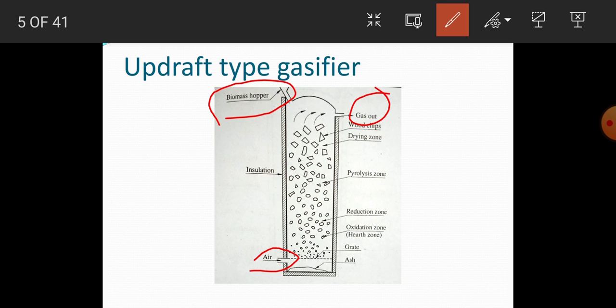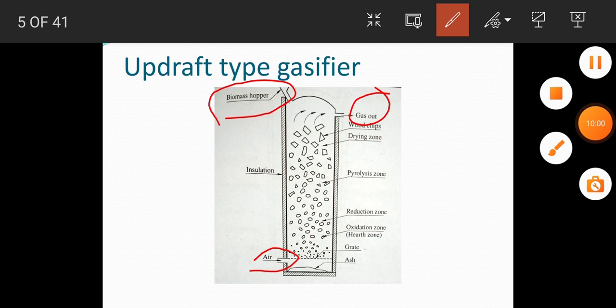It achieves the highest efficiency as the hot gases pass through the fuel bed and leave the gasifier at a low temperature. The gas produced has practically no ash but contains tar and water vapor because of passing of gas through unburnt fuel. Hence, the updraft gasifiers are suitable for tar free feedstock like charcoal, especially in stationary engines. Then, next is